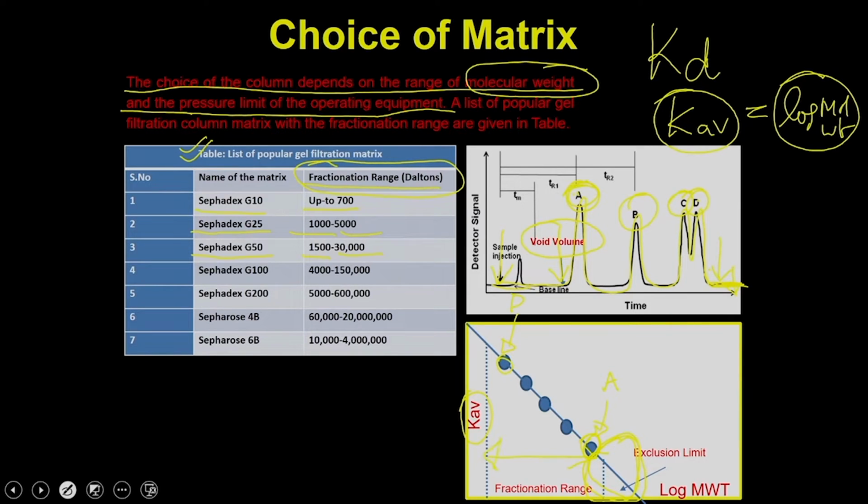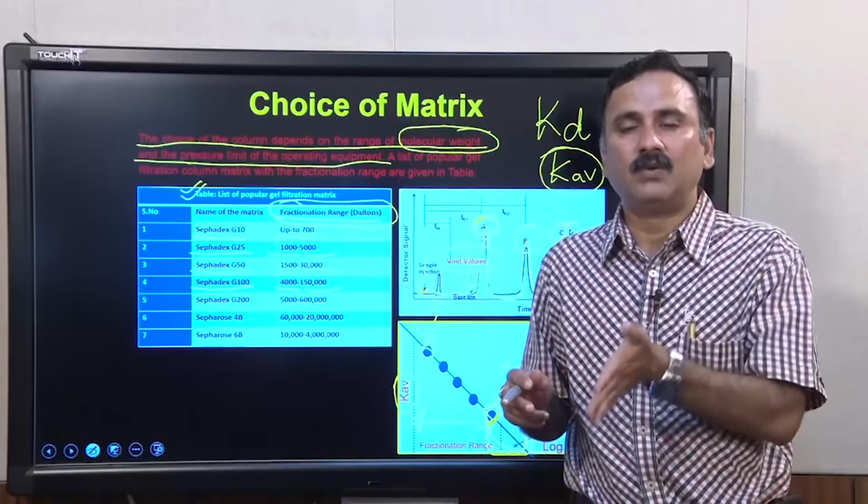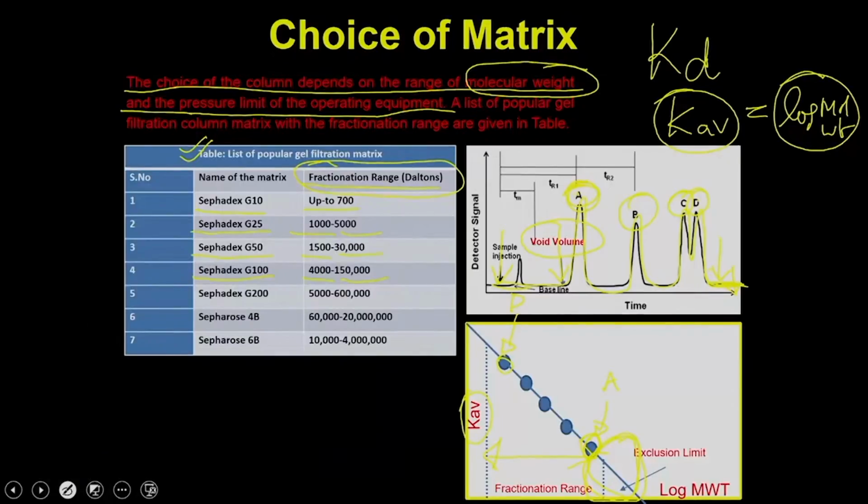which means this is the fractionation range of this particular column. For example, if you take the Sephadex G100, the fractionation range is 4000 to 150,000 Dalton, which means if you have a protein between 4 and 150 kDa, that protein is going to be separated by the Sephadex G100. That does not mean that you cannot separate a 1 kDa protein using this column. You can separate the 1 kDa protein,